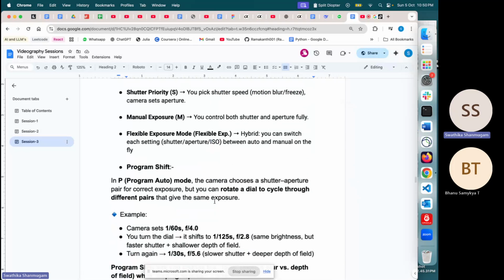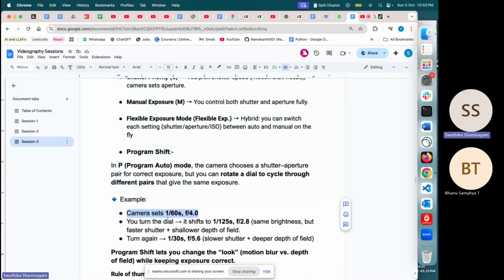It is true that your camera will set, so 1/60th, this is the shutter speed. Your shutter will hit once in every 1/60th of a second, and the aperture is f4.0. So your camera has decided that this is the ideal value of shutter and aperture for the ideal exposure in